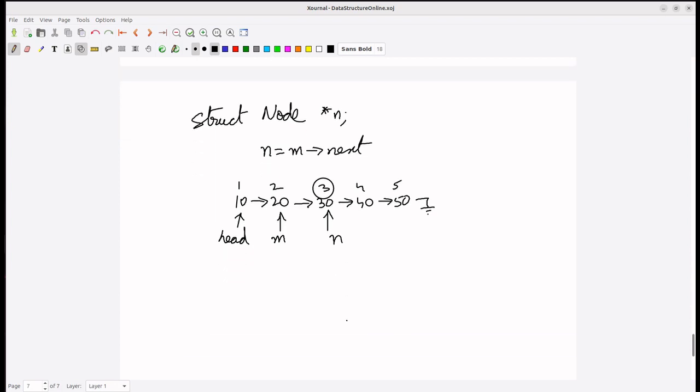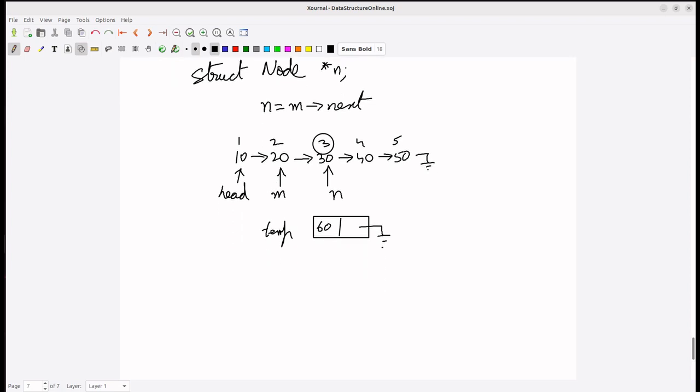And you are having a separate node, the new node which you have created, which you want to insert in the list, which is nothing but temp, having the value 60, and the next pointer is null. So now what we'll do after this is, if you consider node m, next pointer is pointing where? To 30. That means next pointer of 20 is pointing to 30. And instead of saying next pointer of m pointing to 30, what we'll say, m next. m goes for 20. m next, now this will point to